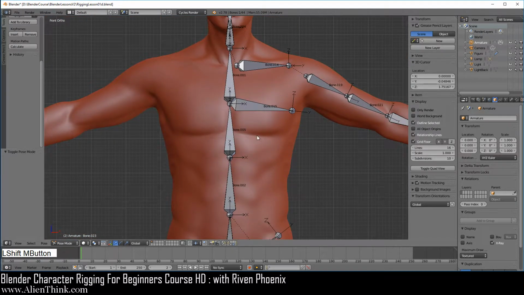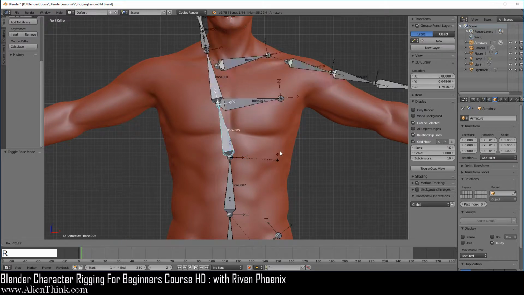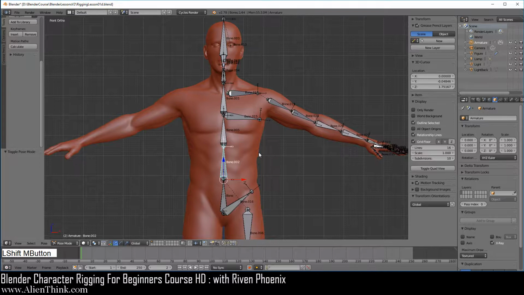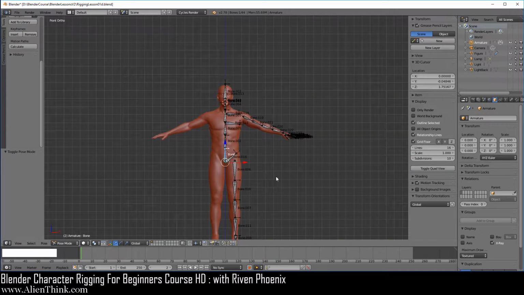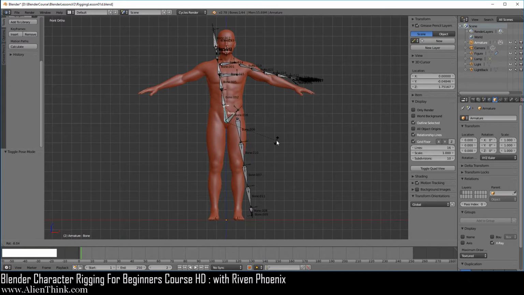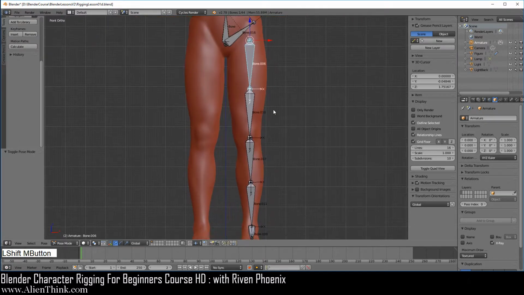Now we're going to click on this lower chest bone, press the R key, and you can see that everything is moving. This bone should be moving when you move this bone. Now we're going to click on the spine bone and just zoom out now. That works. And if you click on the hip bone, everybody should move. Okay, so if I zoom out just to show you what's going on, if you click on this hip bone, all the bones should be moving with it. This is really important. Now we don't have to click on this bone. We already know that it's going to work. We're going to click on the leg bone and make sure that's working.